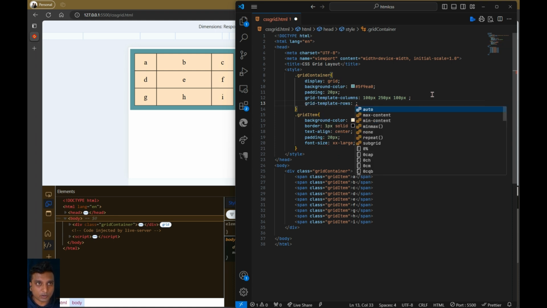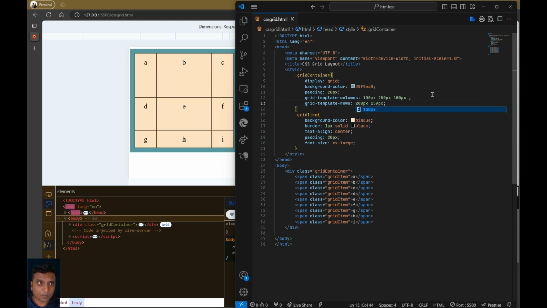So when you set row template, you can also use the properties that we have utilized for columns. So if I set a height of, let's say, 200 pixels for the first row, and for the second row I want it to be 150 pixels, and I'm not giving any property to the third row. You can see that there is no property set to the third row and it has taken the default size for it. But it has definitely set the exact properties that we have created for the first and the second